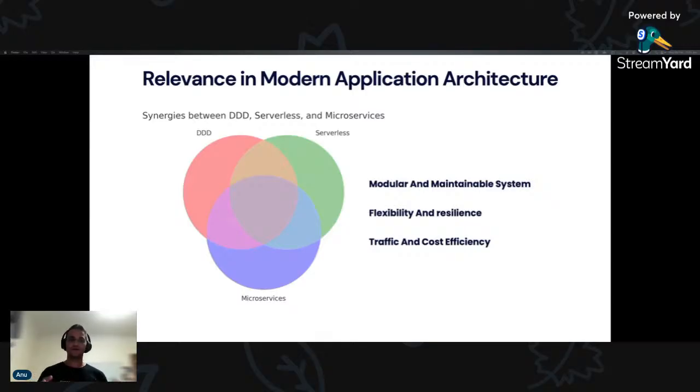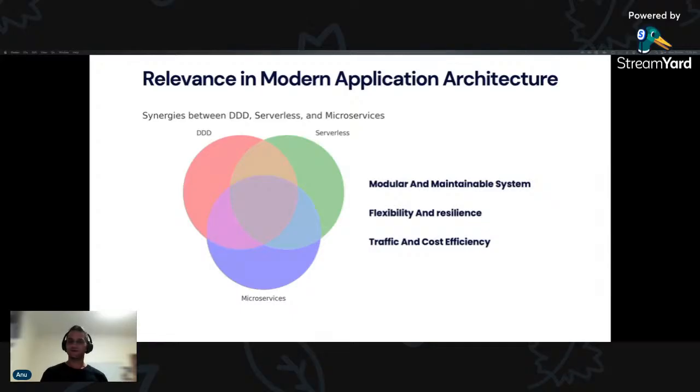So now together, bringing the synergies of domain-driven design, serverless architecture, and microservices together, it enables the developers to build some highly scalable and cost-effective applications that are pretty much aligned with the business needs. So if I bring all the three concepts together, when we talk about cloud native development in the modern application architecture these days, domain-driven design provides a framework for organizing microservices around business domains, making the system modular and maintainable. So microservices enable flexibility and resilience, while serverless infrastructure ensures that the application can handle varying levels of traffic